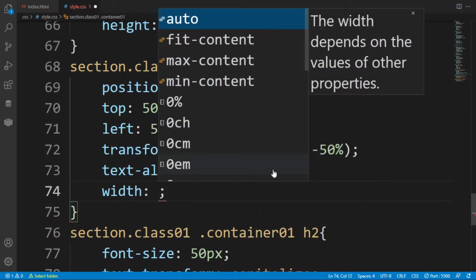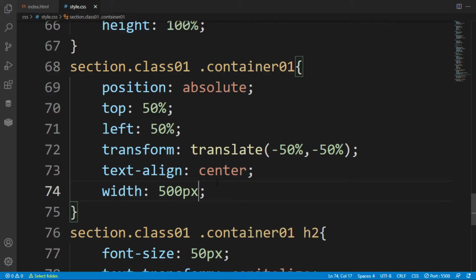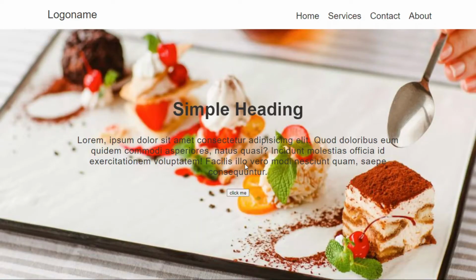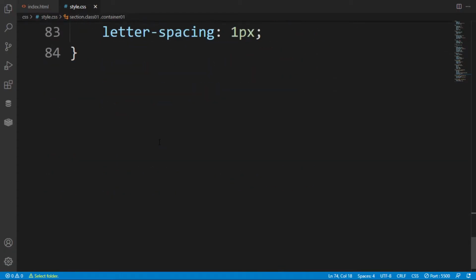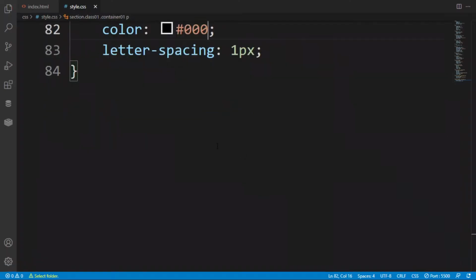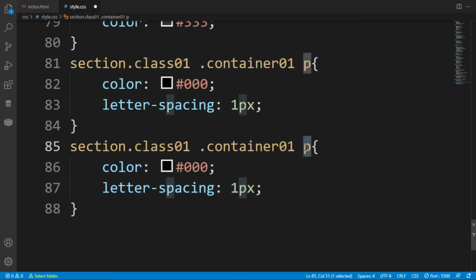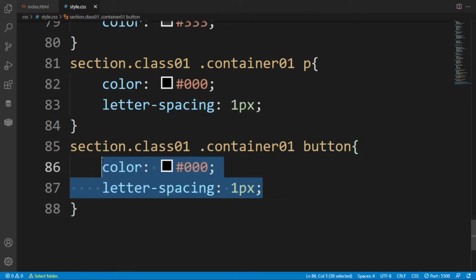Initially I had not set it, so I am giving the width 500 pixels, and it has been shrinking. So increase its value to 1000 pixel. After saving it, as you can see, the content is looking nice, and giving it the value 000 means pure black.